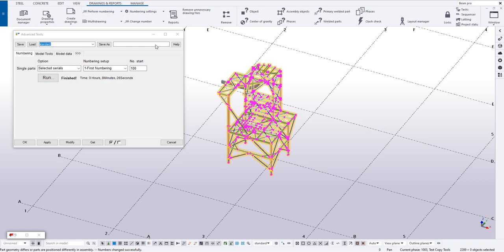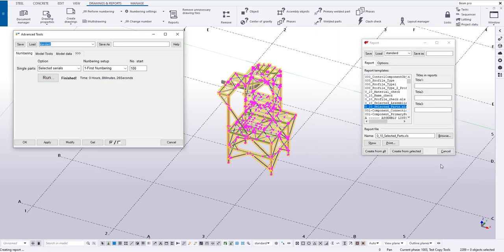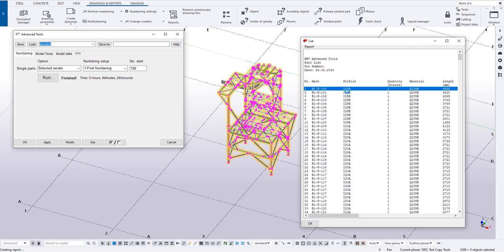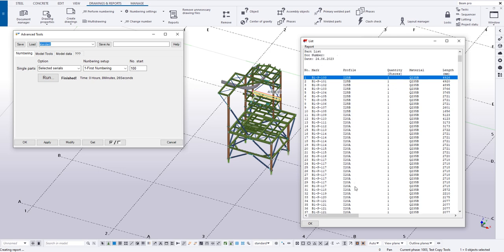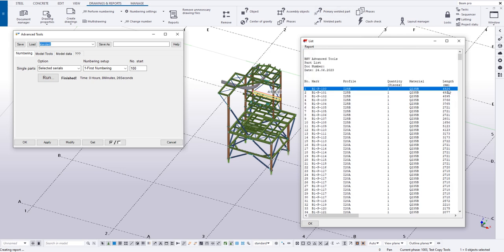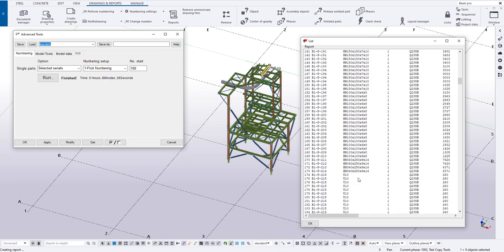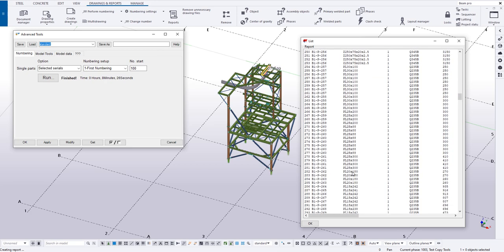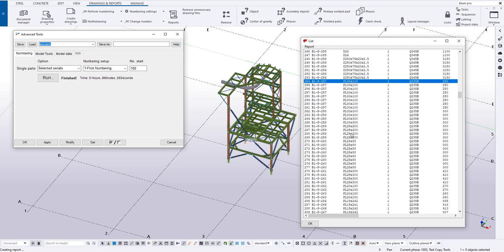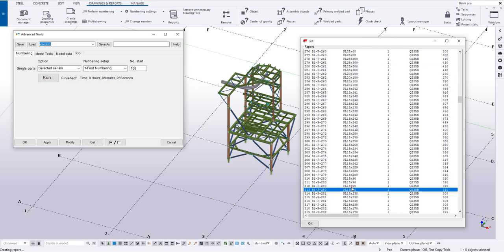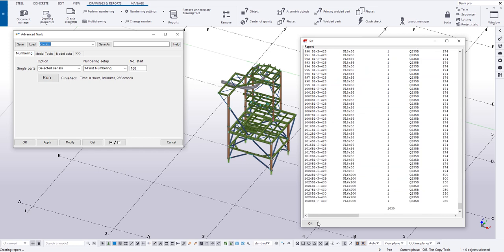And now after finishing, you perform the numbering to get the result and save the numbering. Now we create a report to get the result. You can see the profile starts from 100, and it assigns numbering from 100 and sorts by profile, length, bolts or something like that, depending on your rule. Yes, from big profile to smaller profile. After that, finally, the plates with maximum thickness to lower thickness. That is easy for you to make workshop drawings and control single bar.